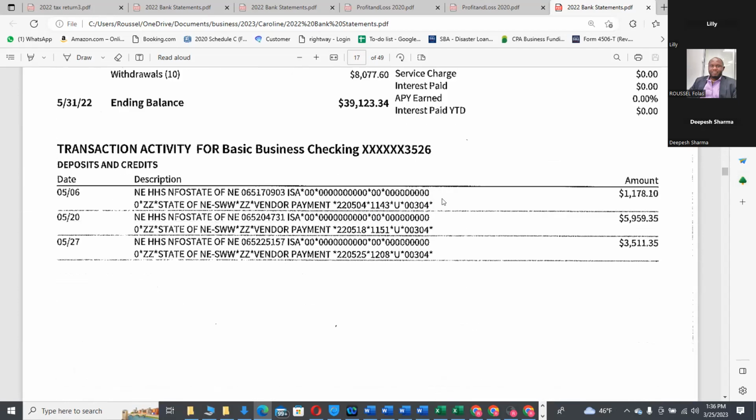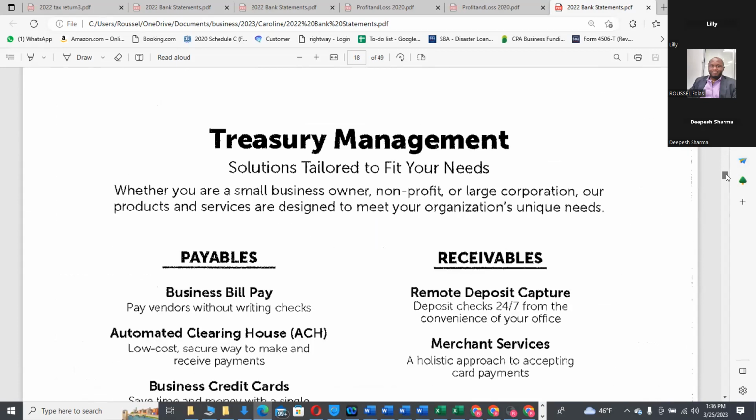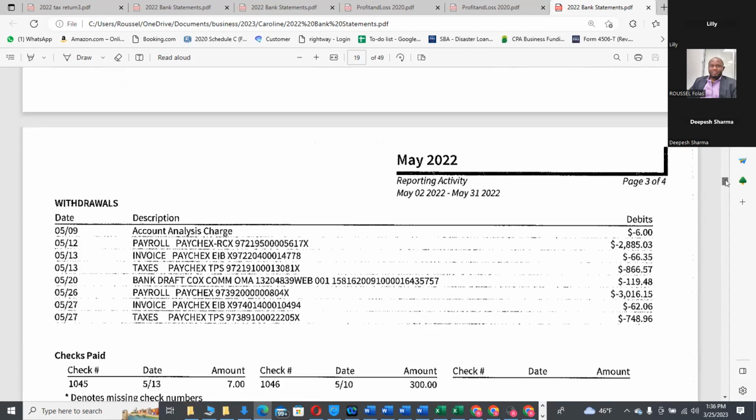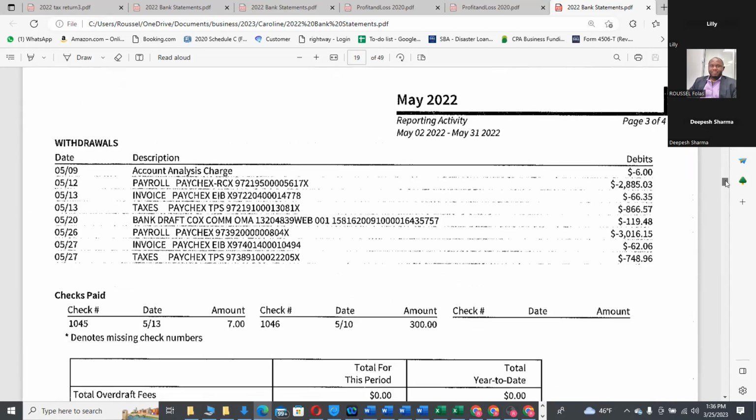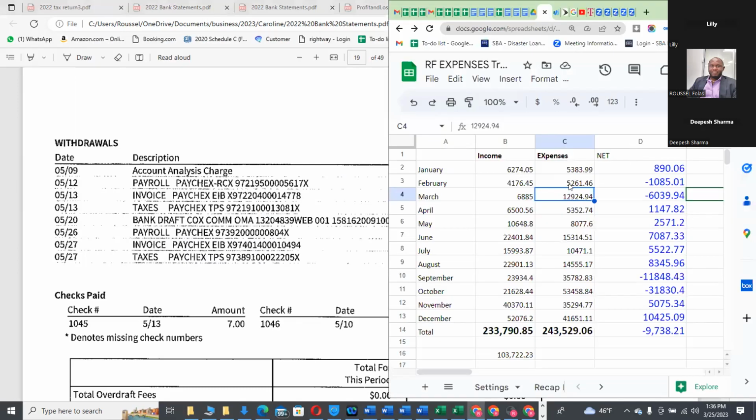So you see, it should be very easy to do the income part because it's basically the same type of transaction. And really pay close attention when it comes to withdrawals or expenses. Just like it happened for March, it's going to be the same thing here on May. You see many checks here. If you don't account for them, the total expense is not going to match